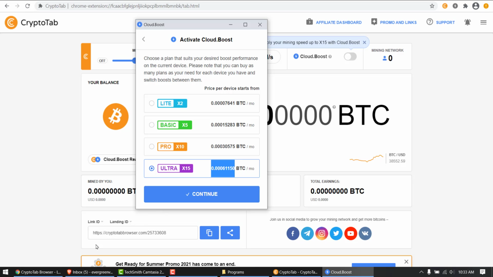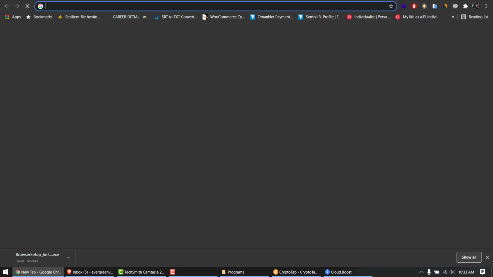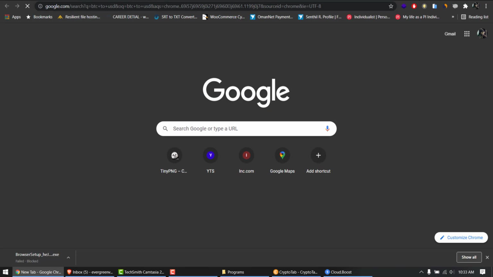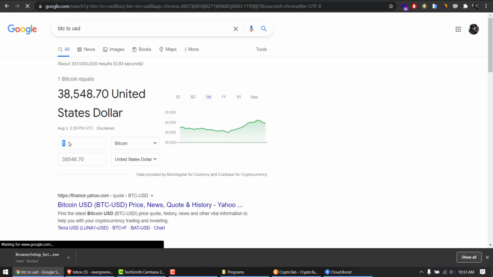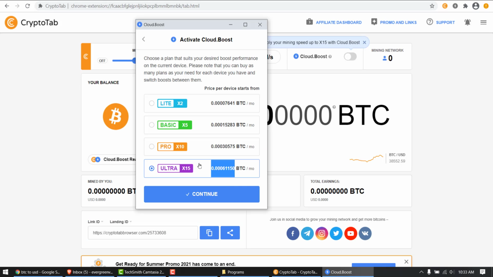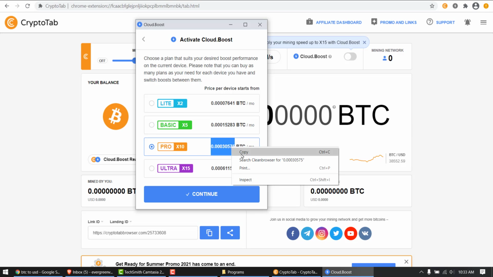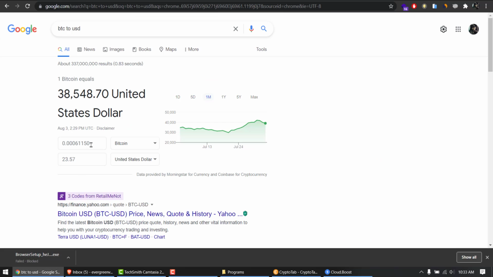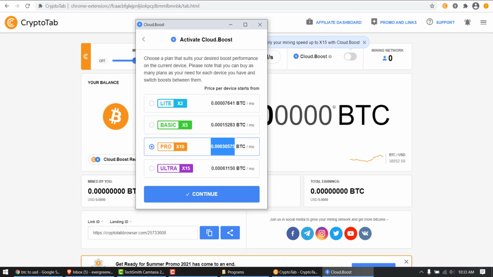I will copy and go to BTC to USD conversion. Simply paste it here. Okay, so it's around $24 a month if I want 15 times more resources. If I want 10 times, it should be, let's say, half the price of this. Right, so around $12. So if you want, you can use this. Currently I don't want that.